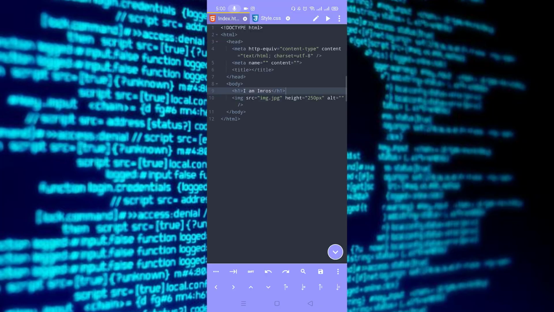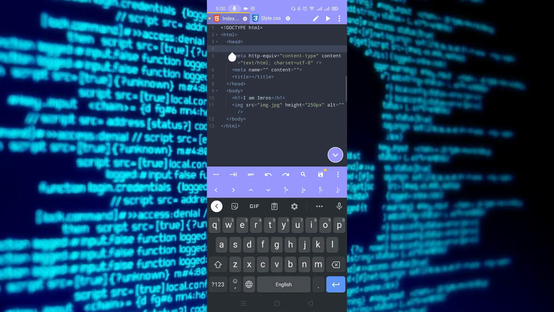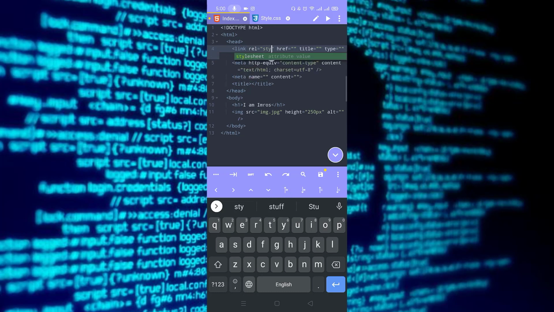So let's link this file with my HTML. If you write the whole code it will take a long time, so you just have to type link and click on this link snippet. Here you can see the whole code is here. The rel is stylesheet, and the href is style.css, and save it.